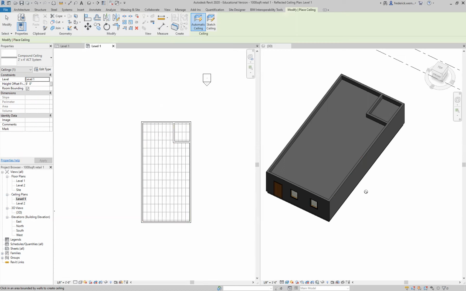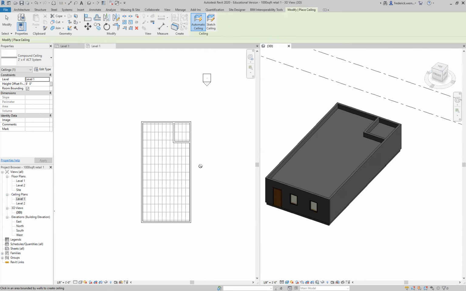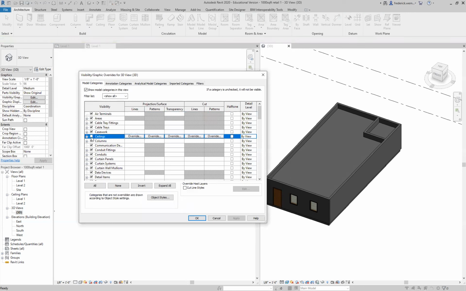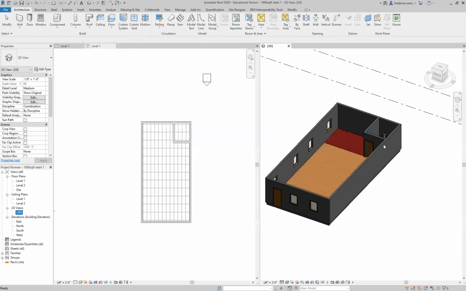Now notice in my 3D view, I'm now looking at the outside of the space. You can't see inside. I'm going to show you in a second how you get 3D views to view inside once you put a ceiling in. There's two options. One option is I could be in my 3D view and I can choose visibility graphics and I could uncheck ceilings to make ceilings invisible. Now ceilings are there, but they're not visible in this 3D view. Now another way to do that